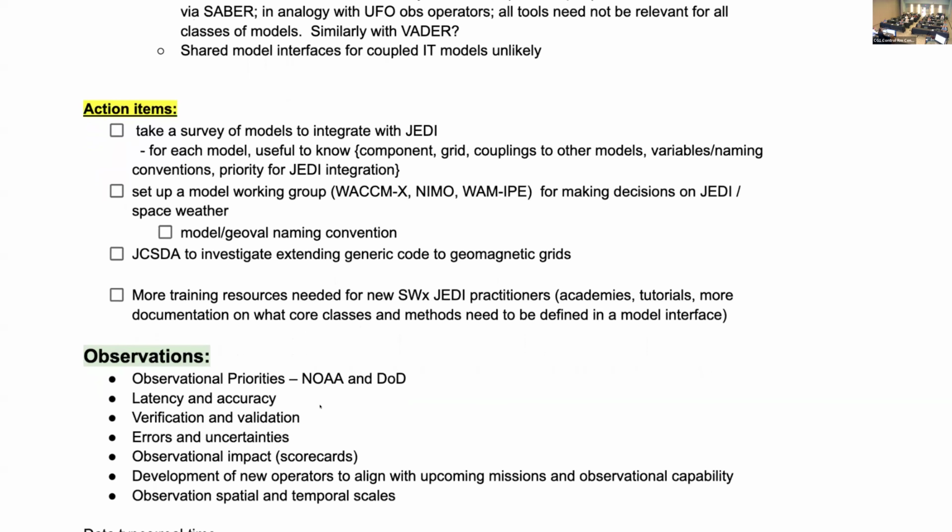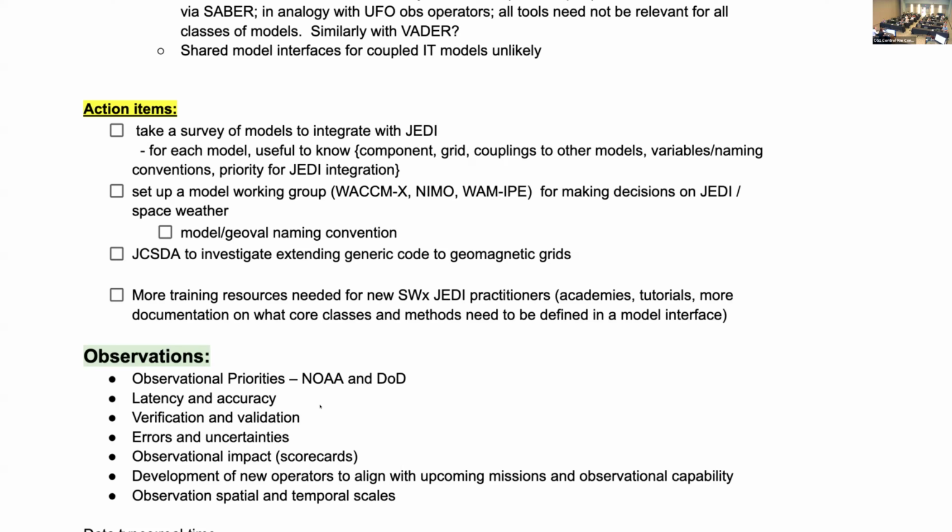Okay. So some of the action items we came up with here is to take a survey of the models to integrate with JEDI. For each model, it's useful to know the component, the grids, the couplings to other models, the variable naming conventions, and the priority for JEDI integration. Collect that from the community information.